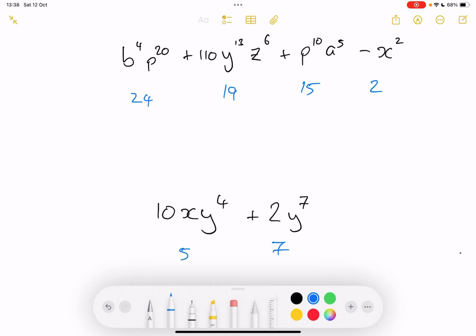But there's another option for these. The responses I'm looking for are incredibly straightforward. I just need a number, 15, 19, 7, etc. So another option which isn't as precise in terms of assessing every single individual student to make sure that they've got it, but is a lot faster and can be used to increase the pace of a lesson, to increase the energy levels in a lesson, to increase the efficiency of a lesson. So you're getting through more and more practice examples in the same amount of time,